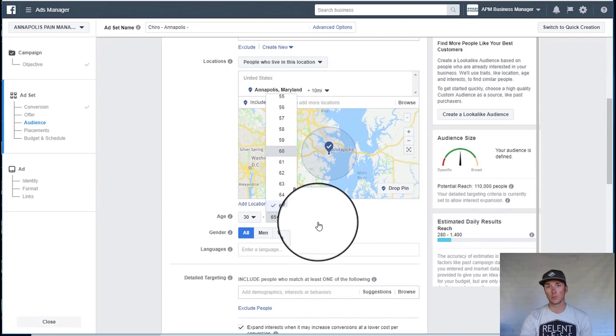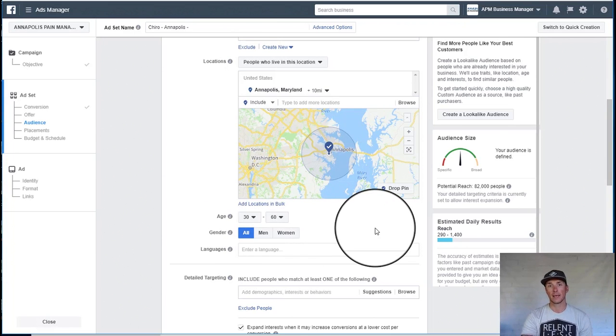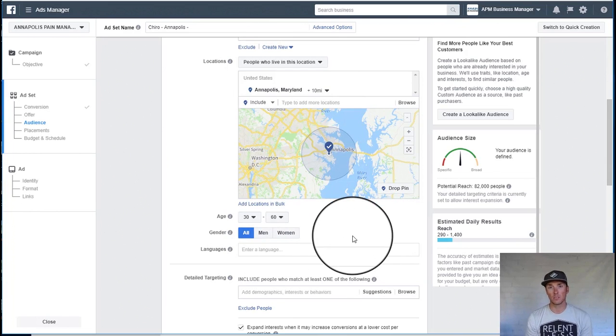And I personally typically will target women because more women will opt in than men, and so my cost per conversion is lower, so it costs me less. But if you want a well-rounded practice of men and women, you can select all, and it will target both of them. The problem with selecting all out of the gate with Facebook is that it's going to start running the ads